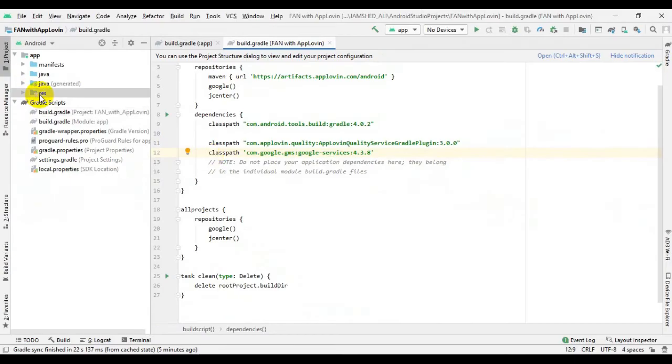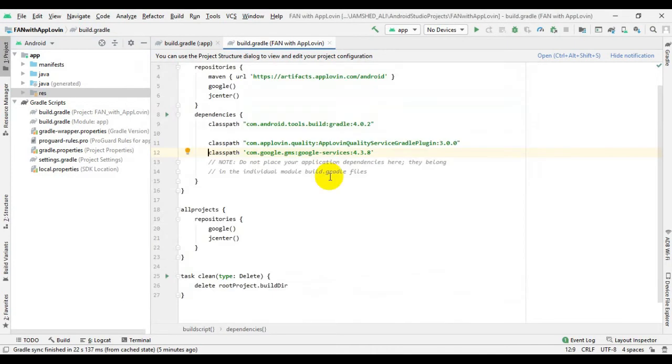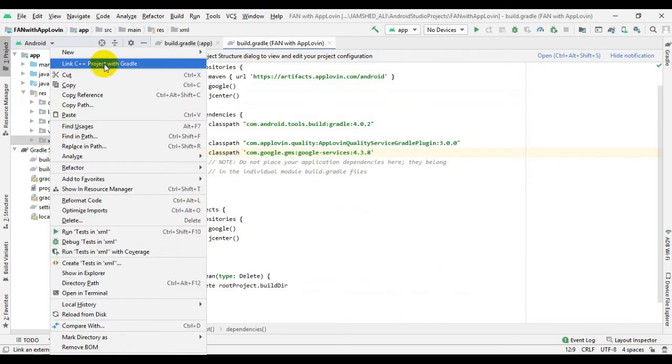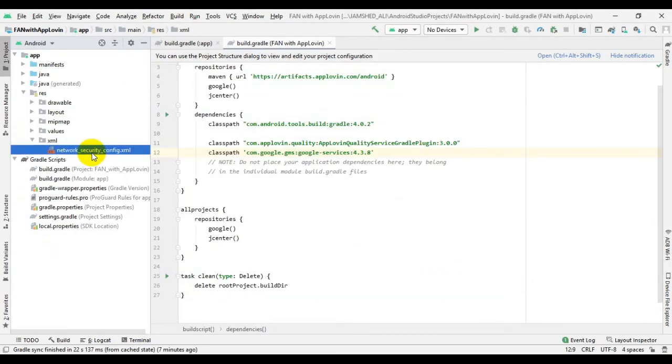Now you have to create a folder in the res directory named xml. Now you have to create a file named network security config and save it.